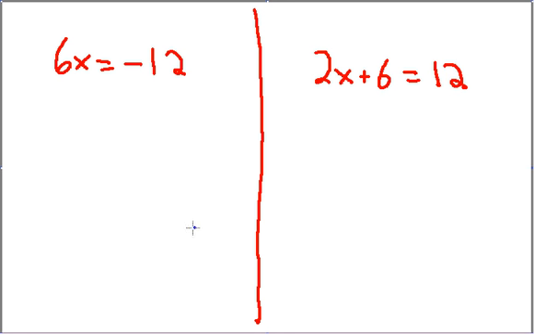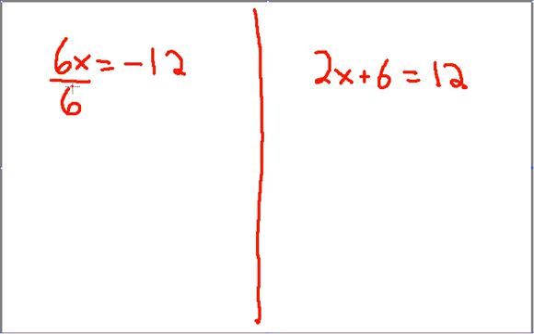Okay, well, let's see if we can quickly solve these two equations here, and then we'll go to our review points. Here's one equation, 6x equals minus 12. What we're trying to do is get the variable x all by itself. Well, right now the x is being multiplied by 6. So how do we undo multiplication? We undo it by its inverse. Its inverse is division. So since our x is being multiplied by 6, to undo that we have to divide